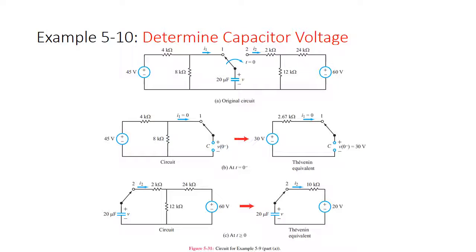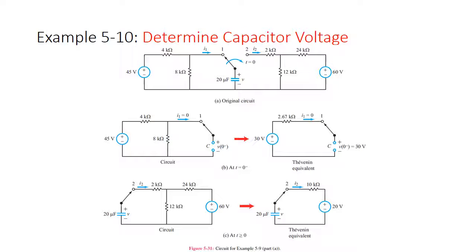And immediately, something is going to happen to that capacitor, because now we have a different source going on it. This different source is a 60-volt source. But there's a voltage drop, again, from the 24 to 12 ohms source. And there's also a 2 kilo ohm resistor before we get to our capacitor, which we didn't have before. So if we look down at figure B, we're going to look at the circuit before and what the